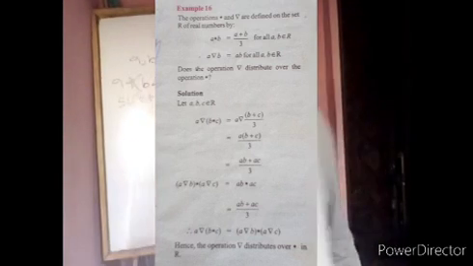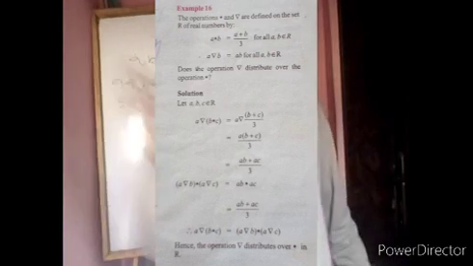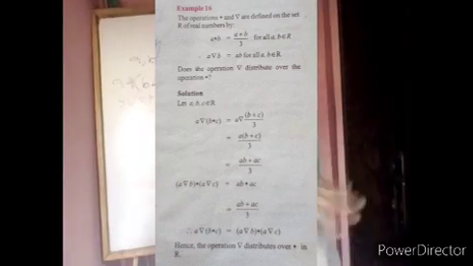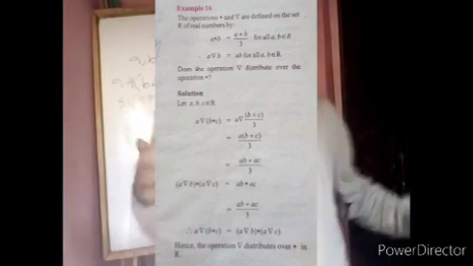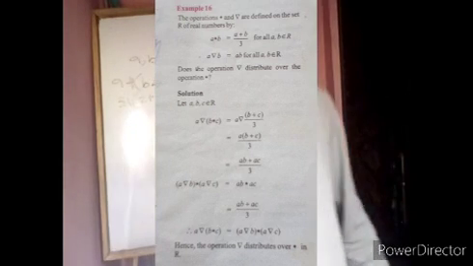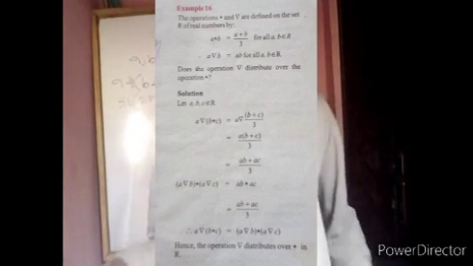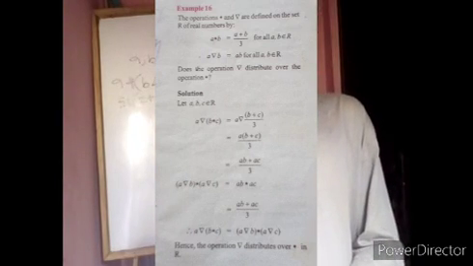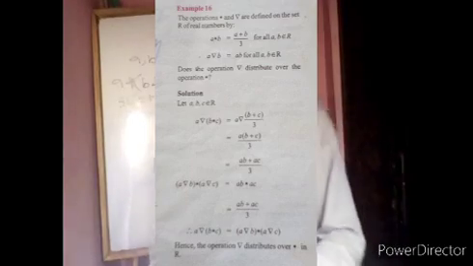Now the reason why we say delta distributes over asterisk is because delta comes first in this example. If asterisk came first, we would say asterisk distributes over delta. So that is just the way you should understand this concept. So that was that concept. I hope you understand that concept in this video. Let's move on to something else. So next, we're talking about